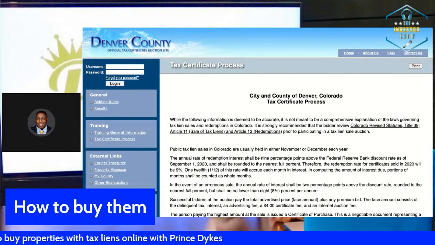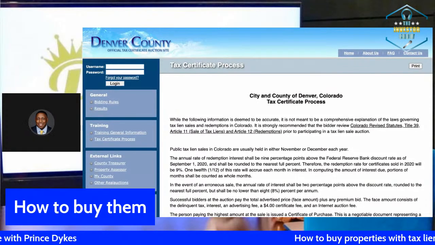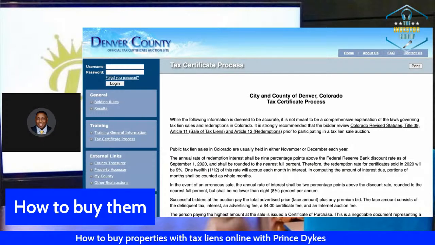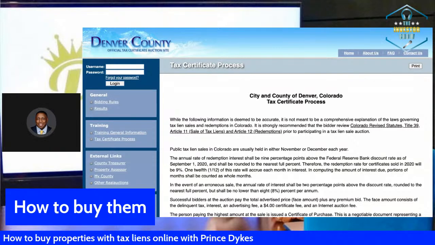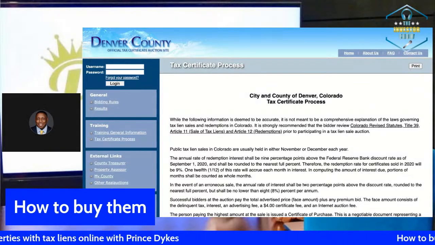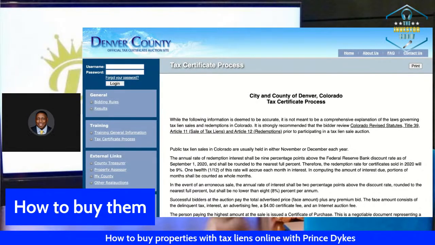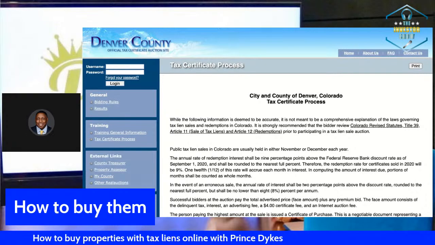But essentially, if you live in Atlanta and you live in, I forgot what the county out there is, Bibb County, I can't think of it. But let's say you live in Denver and you're in Arapahoe County, right? You can go to the Arapahoe County tax lien website and you have to register, get a username and a password, stuff like that. You have to fund your account. Not all counties allow you to do this online.